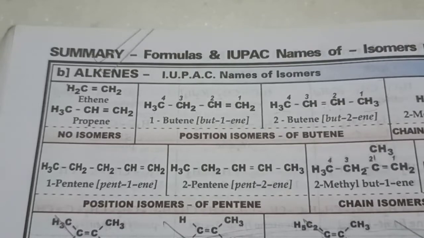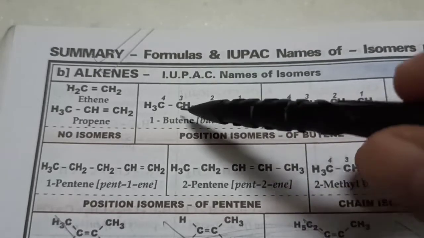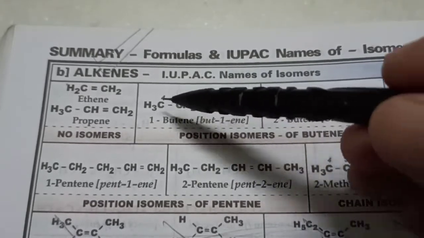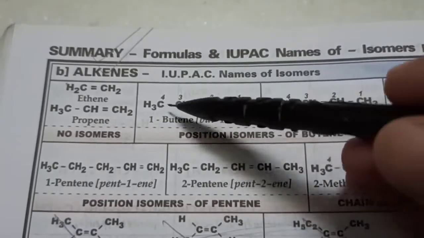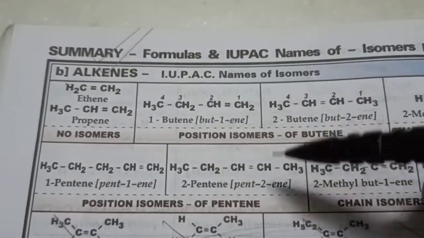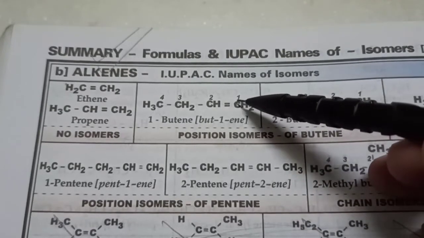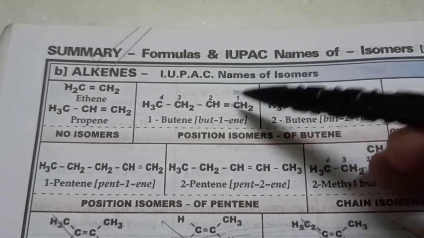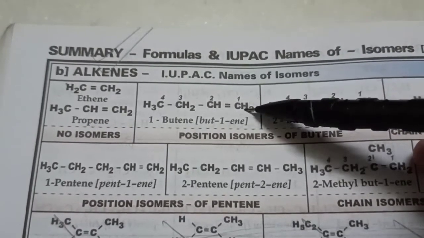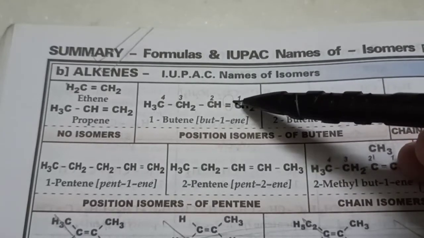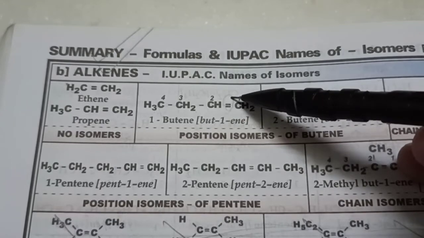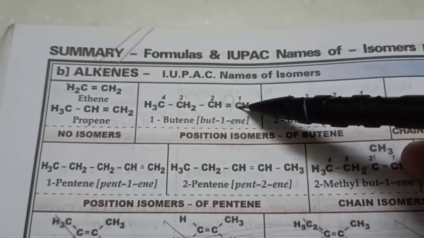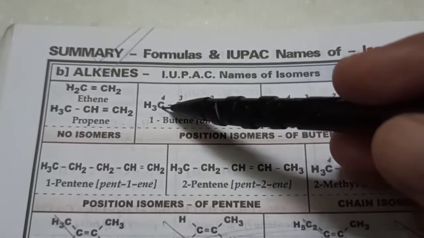So according to the rules of IUPAC, what we will do is, first write down the structural formula. Next, number the carbon atoms. 1, 2, 3, 4. We could have started from left hand side also. 1, 2, 3, 4 of the longest chain. Here it's just a single chain, so no confusion there. We'll have to start from the right hand side for this compound because we should always start numbering with the carbon atom closest to the functional group. What is the functional group? It's the identity of that compound. Yes. So we'll start numbering from here because the carbon atom closest to the functional group should get the lowest number. We can't start from the left hand side for this particular compound.